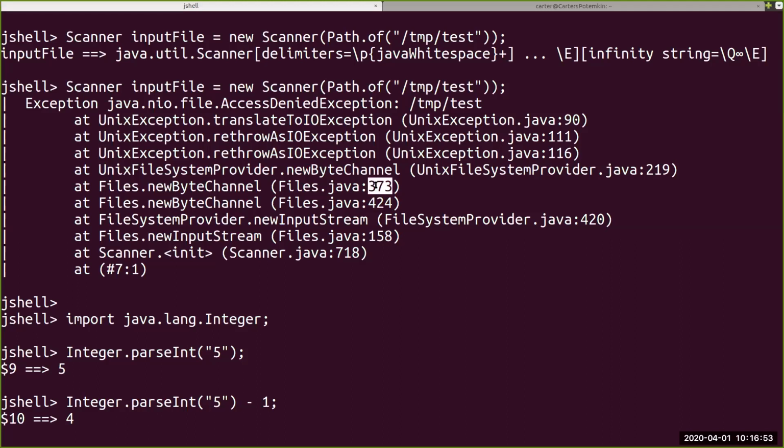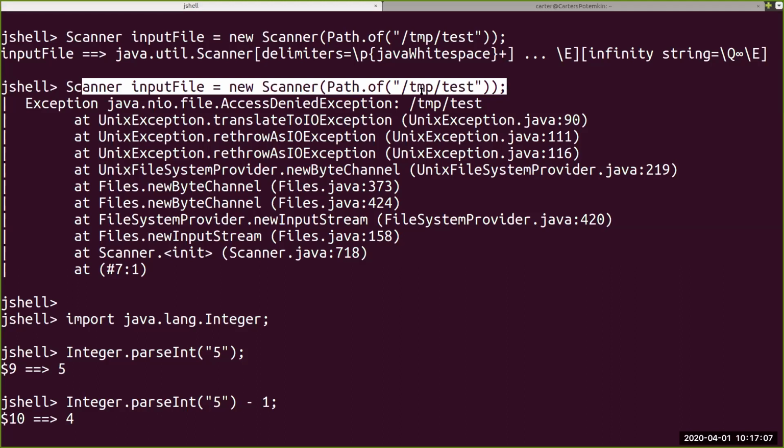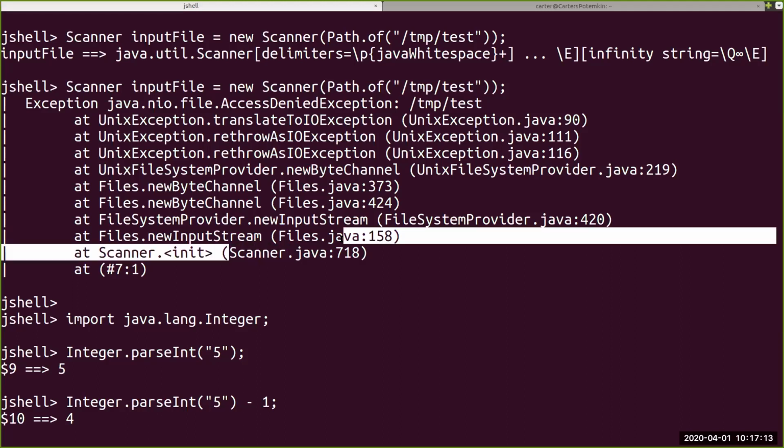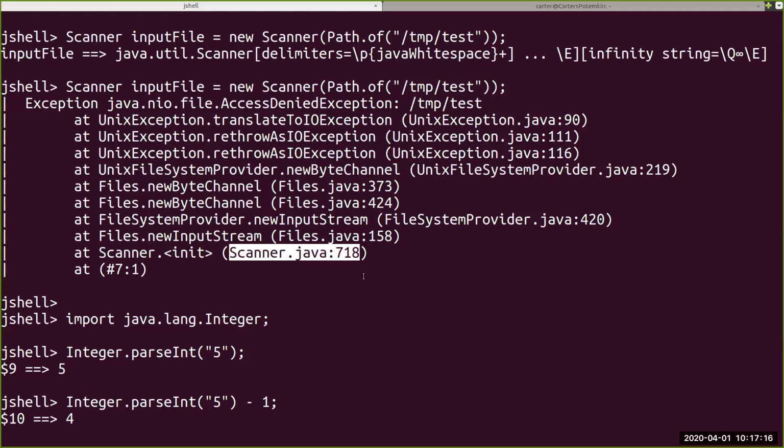Yeah, so that's very useful in this case because we're just using the JShell. Nothing here is any classes that we made, but we called the Scanner, right? In this line here where we're using the Scanner and passing it this Path.of, then on line 718 of the Scanner class, we saw that it was dealing with this FileInputStream because we were using a file. So Path.of this piece returned fine. This gave the file path of this